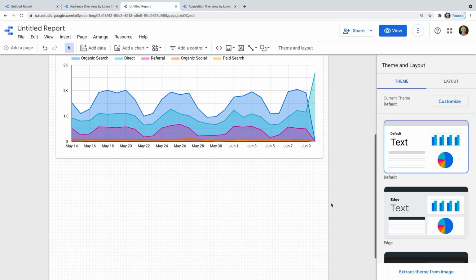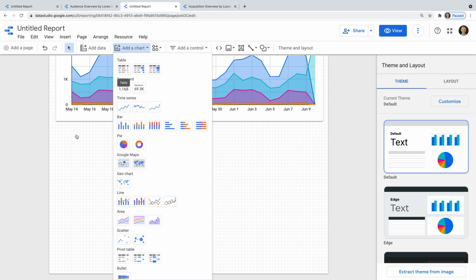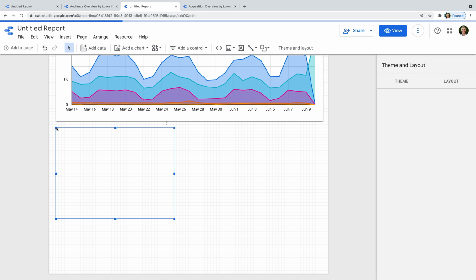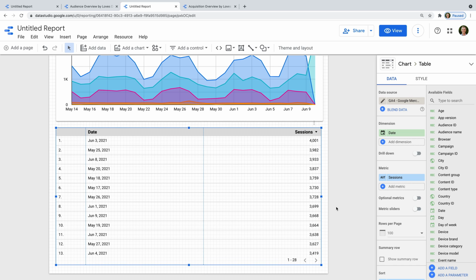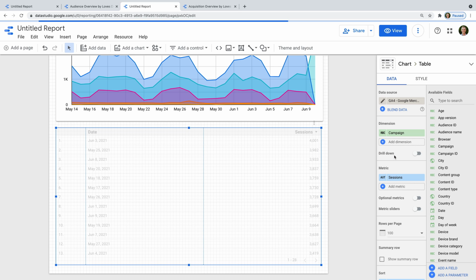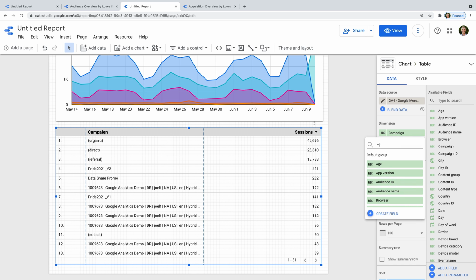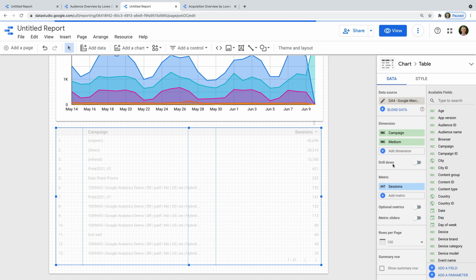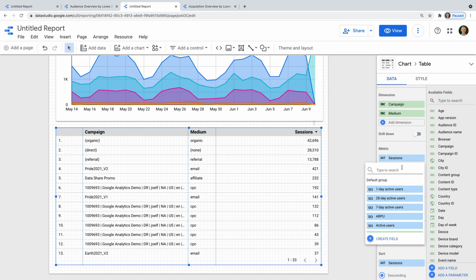Finally, let's add a table to our dashboard to show the top campaigns that are sending traffic to our website. Let's add a table. Let's change the dimension to campaign. And let's add a second dimension of medium. This makes it easier to understand where the campaign was seen. Now let's adjust the metrics. Let's include sessions and new users,